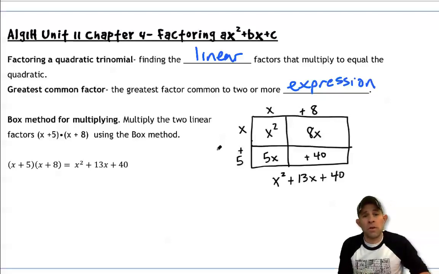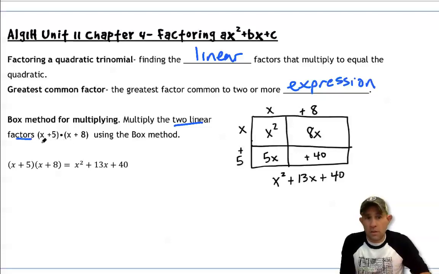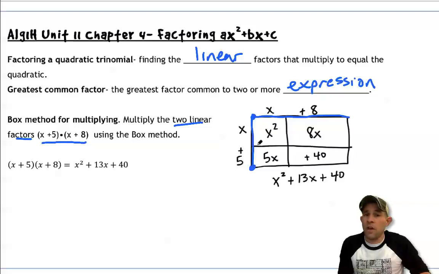Early on in the year, we multiplied two linear equations, called factors in this case, using this thing called the box method. One of the dimensions of our box was one of the linear factors, in this case x plus 8, and the other dimension of that box was the other linear factor, in this case x plus 5. We multiplied them together to get the area of each box. X times x is x squared, x times 8 is 8x, x times 5 is 5x, and 5 times 8